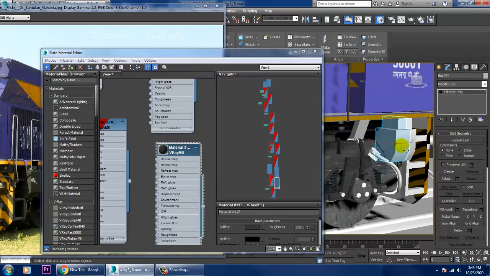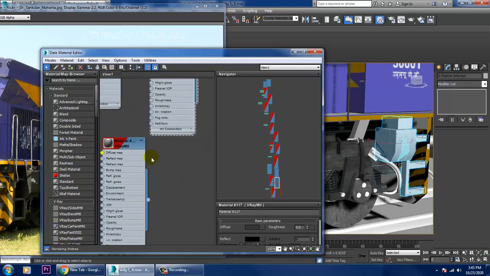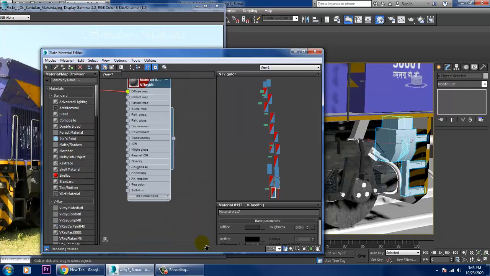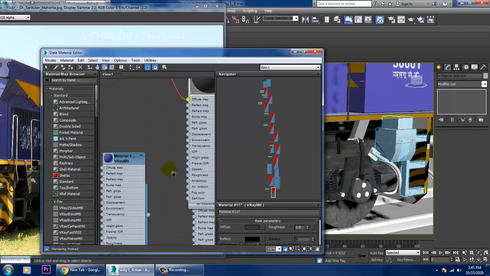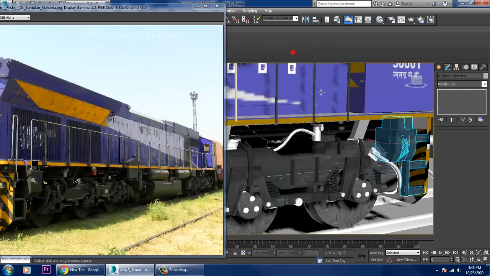Select all of this, and for this we'll be assigning this material. I'm sorry, not this material, this material. Okay.